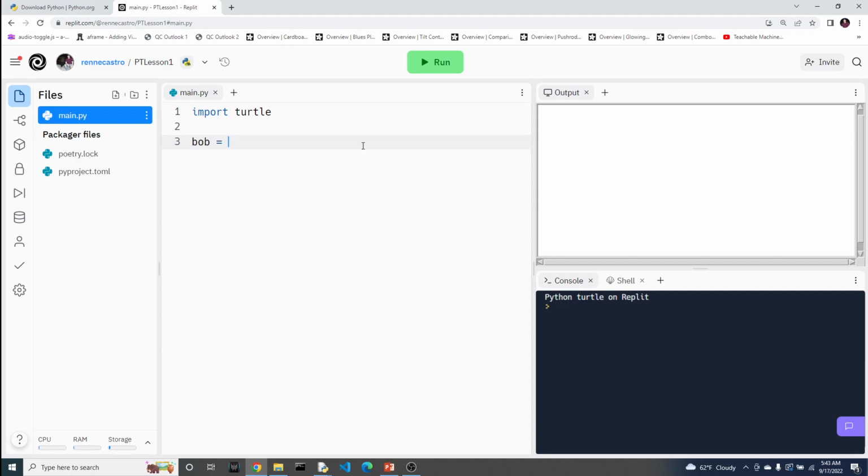The next thing that I want to have you explore is the idea of creating a variable. Now, from a math class, you might be familiar with x equals 2, height equals 10. Those are variables. So the same thing happens in programming. So I'm going to have Bob equal